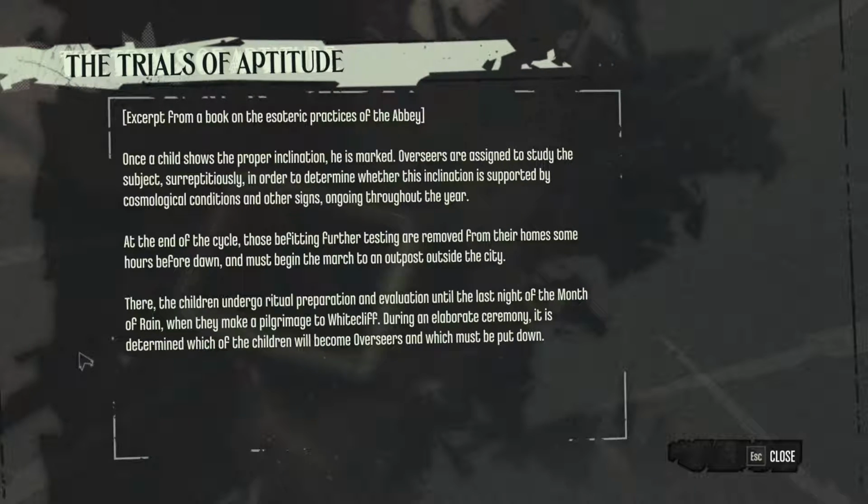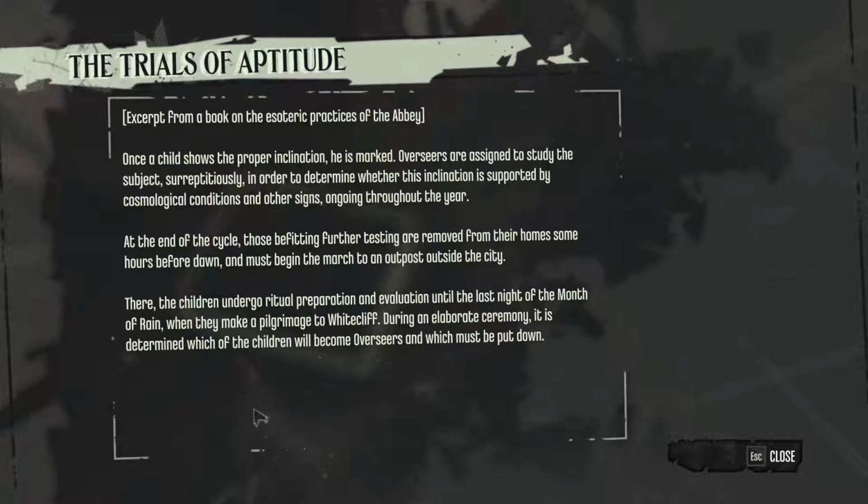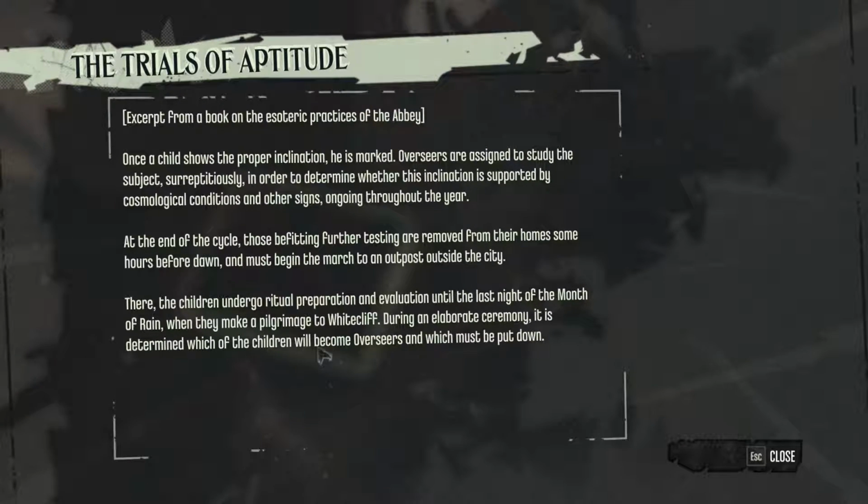I've read this before. Read this two episodes ago, I think. I keep reading just in case I didn't and I'm imagining things, but